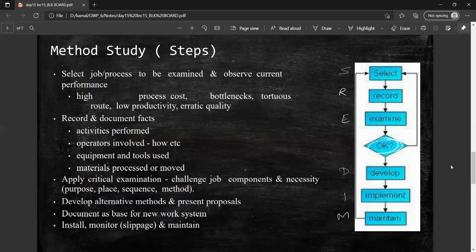So this method study basically goes through 6 steps. That is, S for select, R for record, E for examine, D for develop, I for implement, and M for maintain. That is easy to memorize. That is the SREDIM method. Okay, so this is from the first doubt, and the second doubt was from lecture number 16,